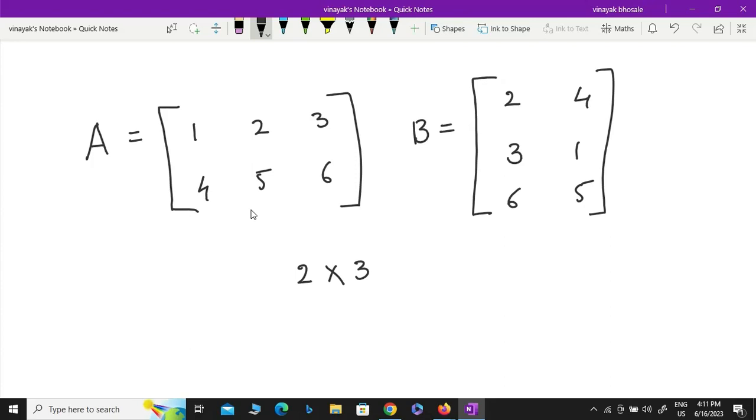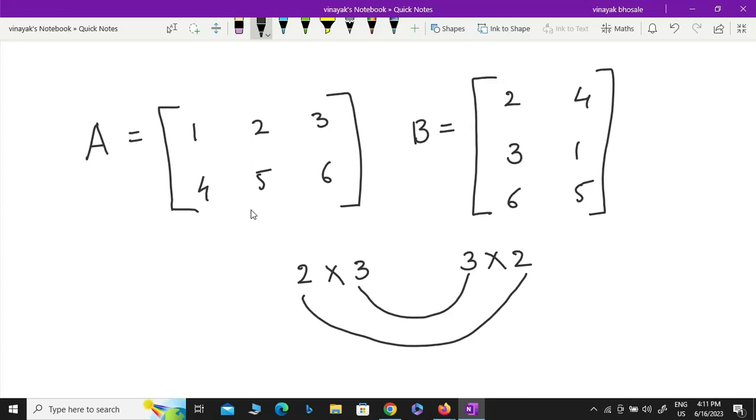And the dimension of matrix B is going to be 3 cross 2, where 3 is the number of rows and 2 is the number of columns. Matrix multiplication is only possible if these two values are equal. Here we can see 3 is equal to 3. And the dimension of the resultant matrix is going to be these two values, which is going to be 2